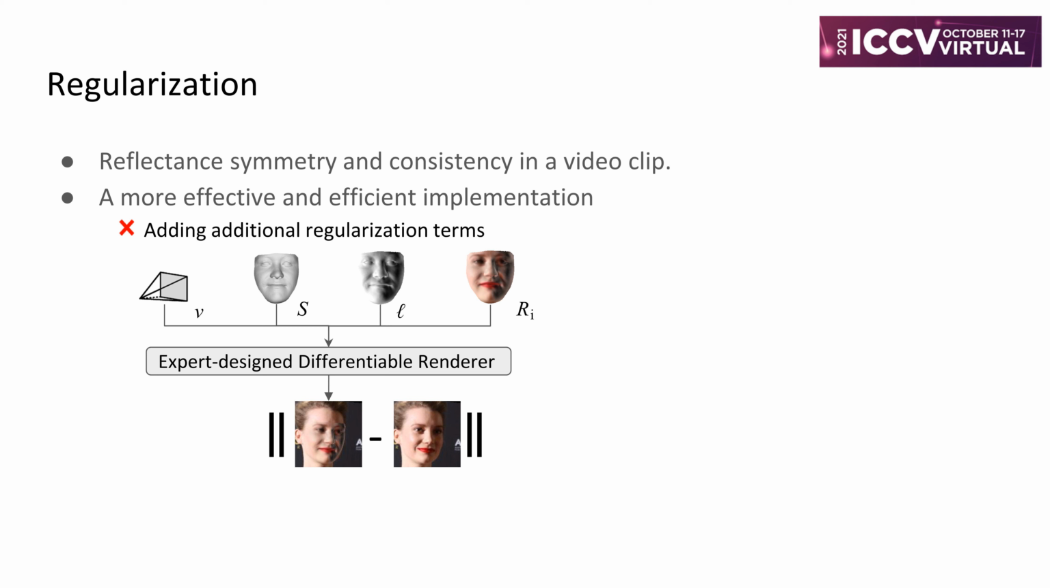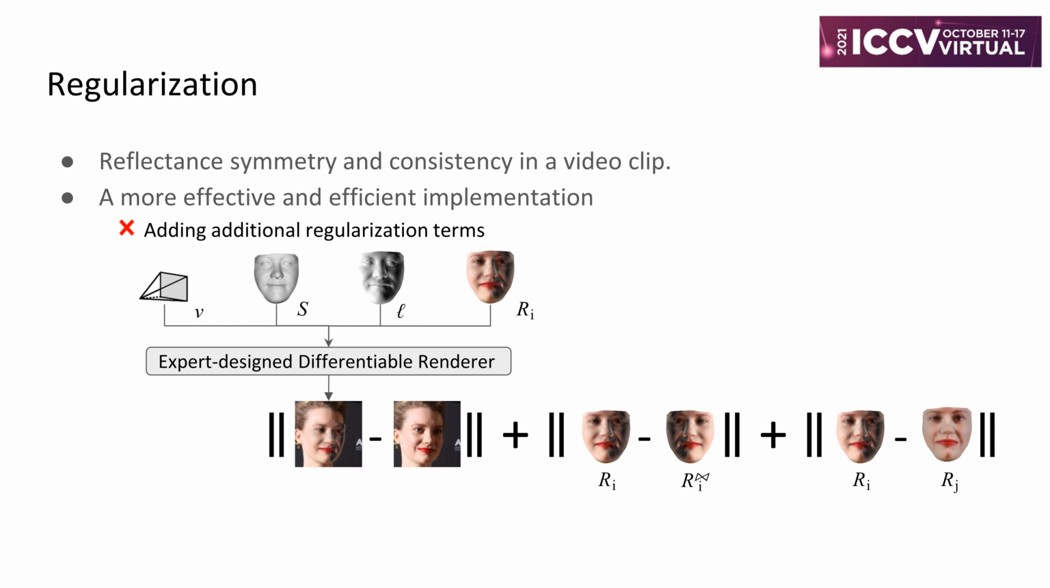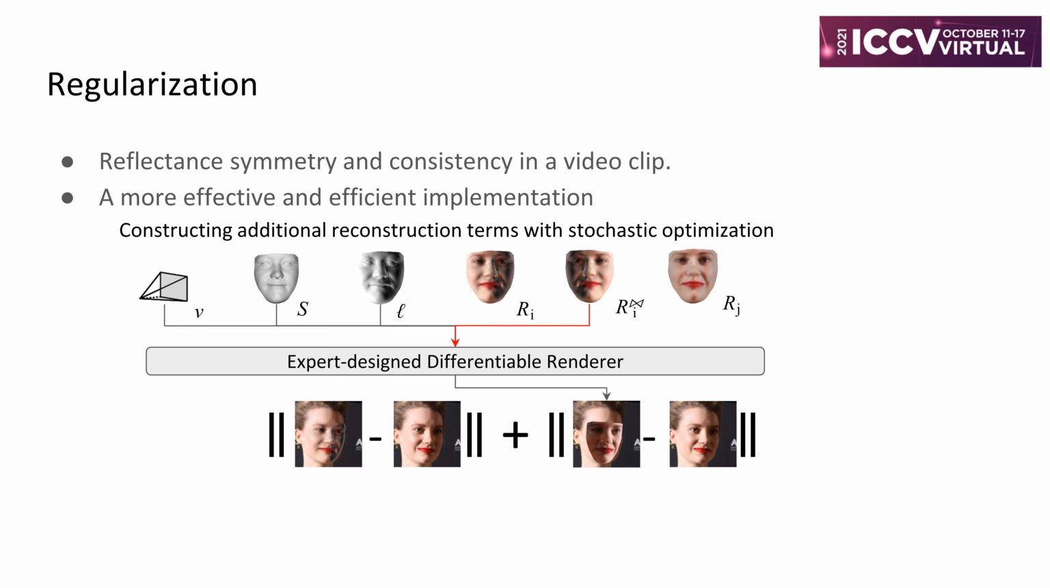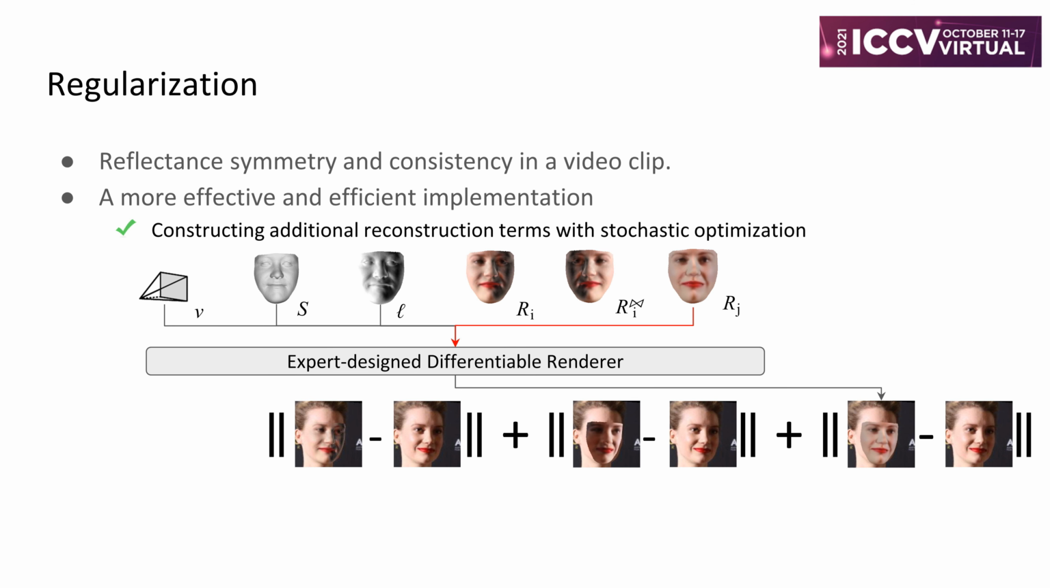To avoid getting degenerate solutions, we adopt two regularizations: reflectance symmetry and consistency in a video clip. Instead of adding additional regularization terms to the objective function, we construct additional reconstruction terms for the horizontally flipped reflectance and reflectance from other video frames. We train the model to minimize these reconstruction errors simultaneously, so that the illumination can be effectively separated from the